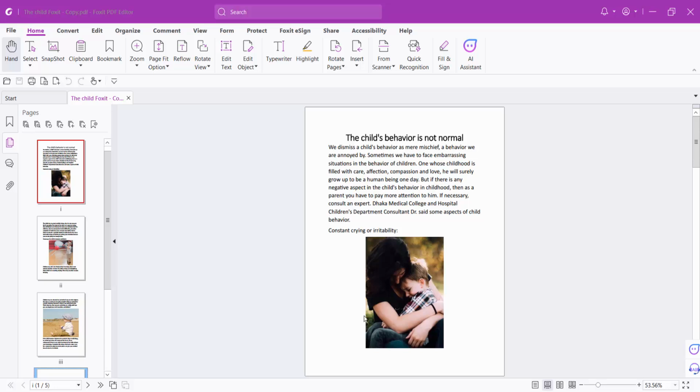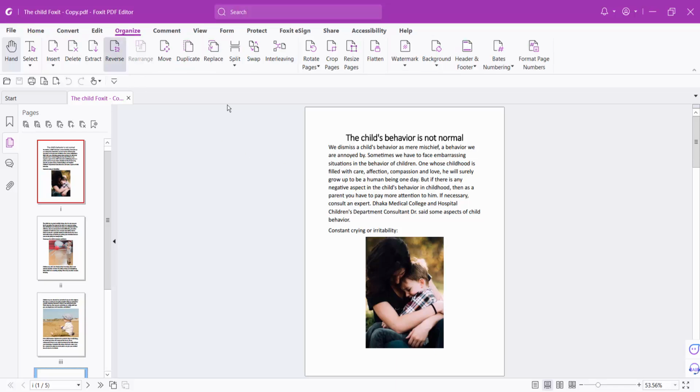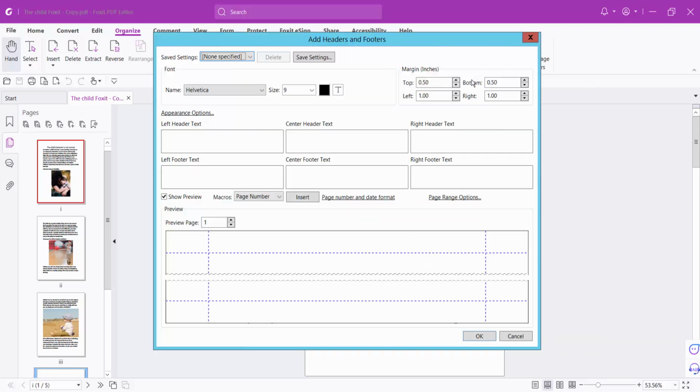Hello everyone, today I'll show you how to start page numbering from number 2. I'll start page numbering without 1, and it will start from number 2, 3, 4 in this sequence. Select all the values. Now select header and footer and select add